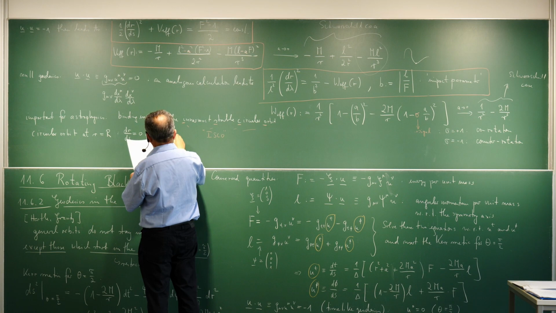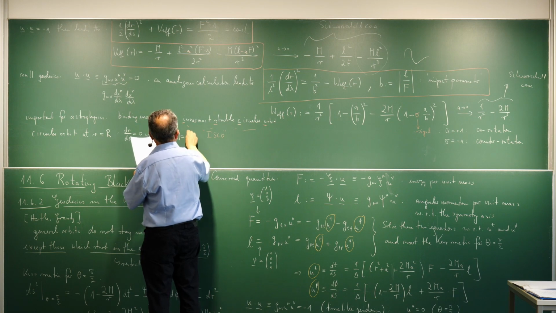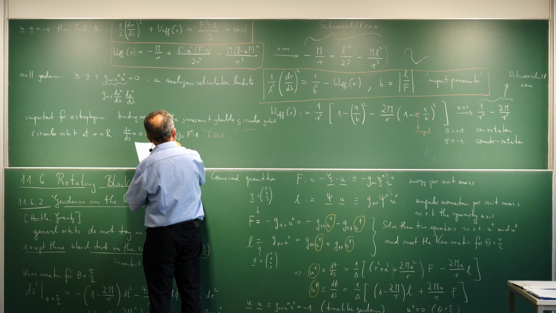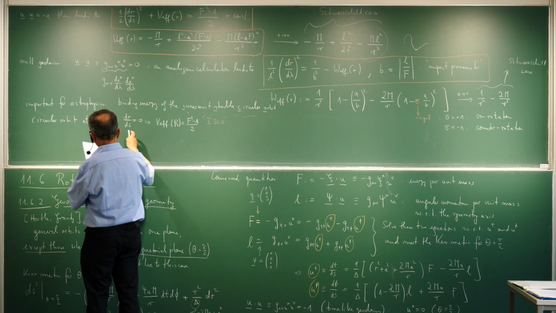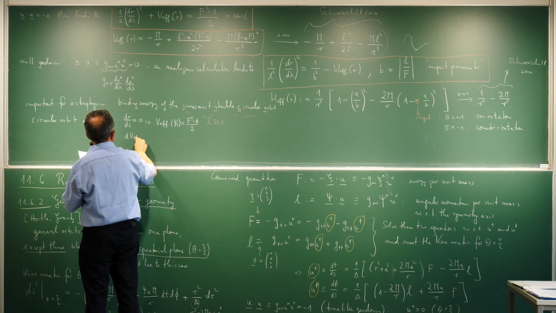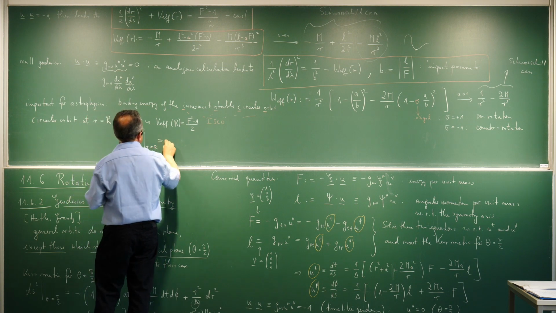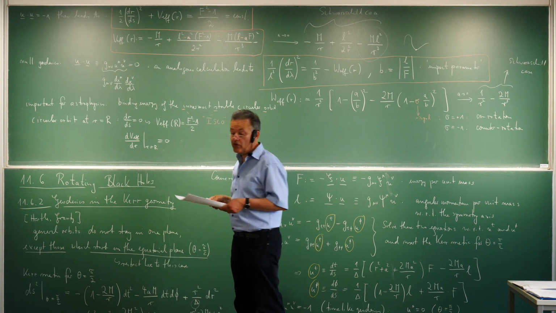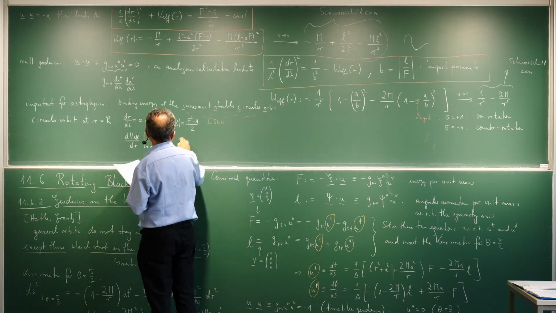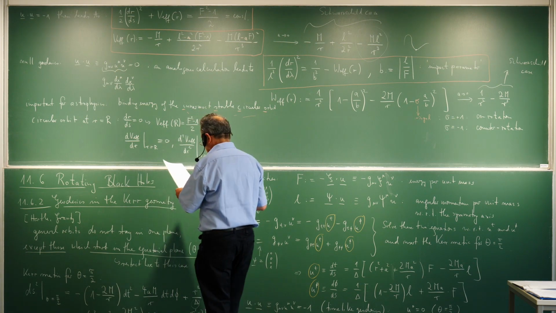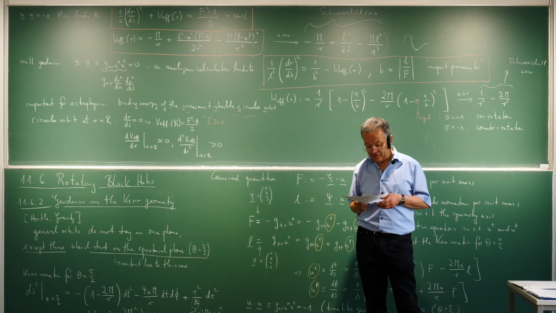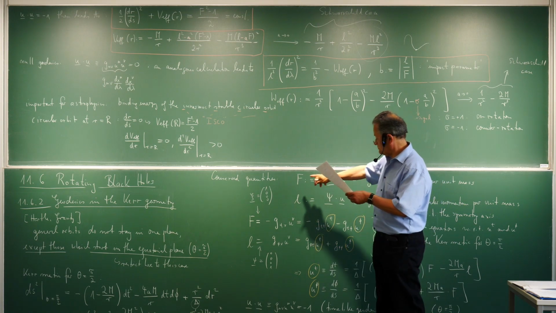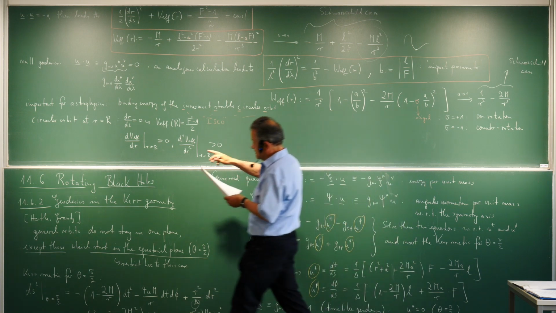R is constant, so you get that this is equal to f squared minus 1 over 2. And in addition, of course, you have to look for the minimum, which is the usual condition: the first derivative is 0 and the second derivative is positive. From this, which is a standard calculation, you find F, L, these two, and also the radius